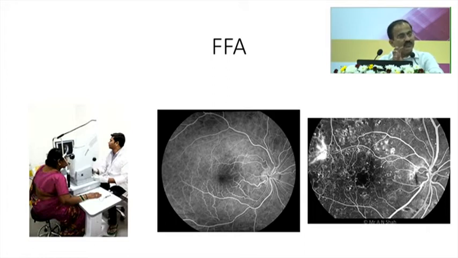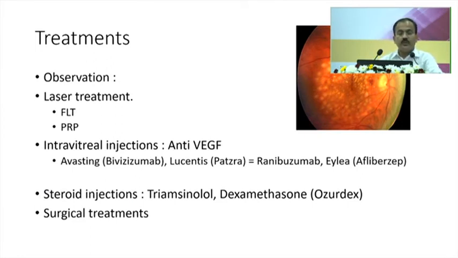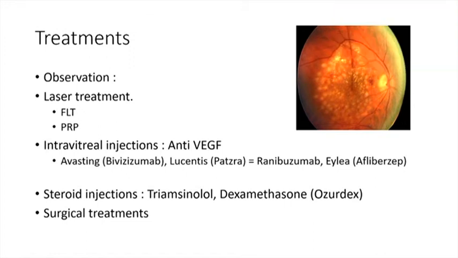And if you see the center, there is a kind of dark appearance. That means the capillaries are already blocked. They are going to have serious problems with time. So the treatment is either you observe if there is no retinopathy or early retinopathy, control the blood sugar, and other than controlling the management of the diabetes,